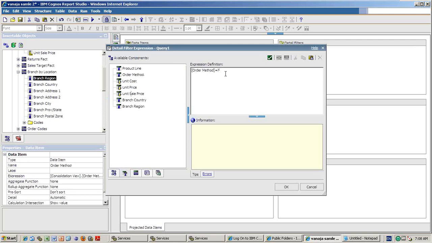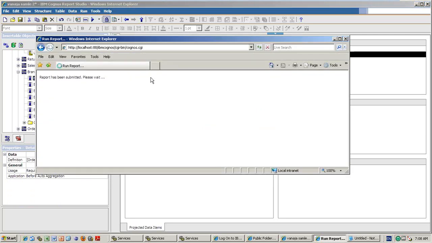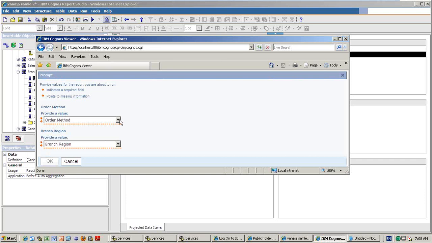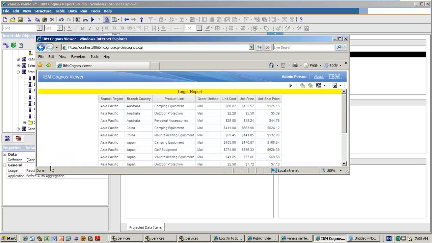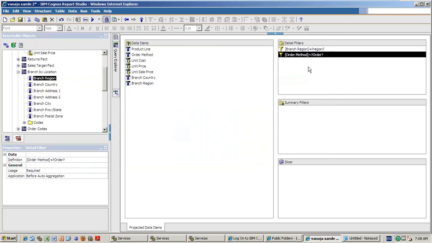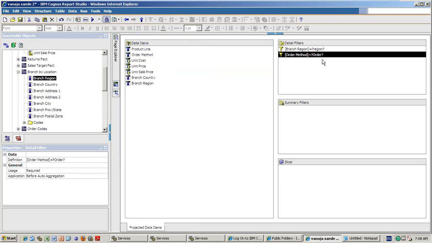Very, very important, please check it out. Whatever you write inside, note it down. What does this mean? If I am running the report, it will expect those prompt values. For example, if I use mail and Asia Pacific, then you will get the data normally. There is no prompt page associated, but I am able to create the parameterized filter. It is expecting something, and when you provide the values, it will work. Even though there is no prompt page, the look and feel is not there, but the parameterized filter will still expect the prompt.